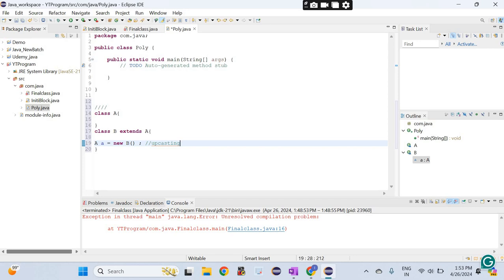In upcasting, we can use the reference variable of a class type or an interface type. This is the example I have given. How do you use the interface type?